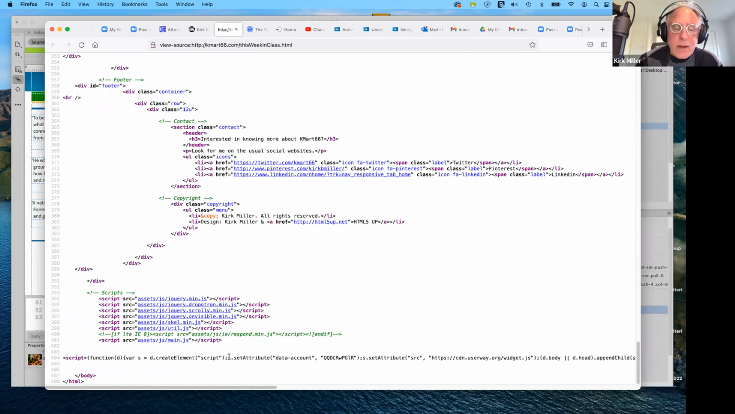It's this last piece of script before the closing tag of the body tag. So it's this script right here. It's this function. If I highlight all of this here, just copy that and put that at the bottom of